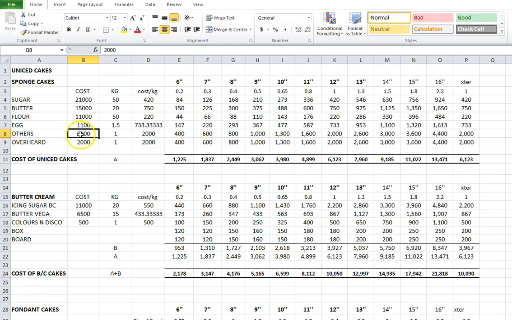In these orders, that is accounted for. Overhead is the regular expenses you incur whether you make a sale or not, and you can determine that by how much you pay in rent, how much you pay in lighting per month, how much you pay for salaries, and whatever other overhead that you may have, telephone bills and what have you. So I've pegged mine at 2,000 so that I can incorporate that price in each and every one of the cakes